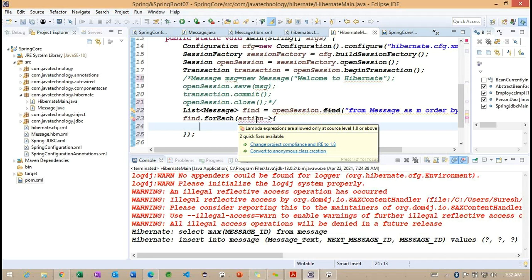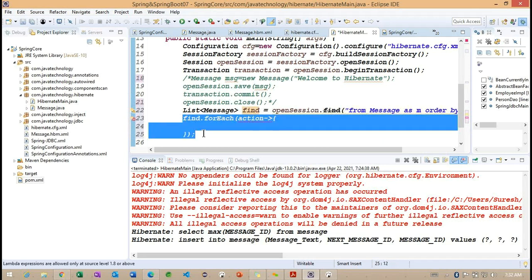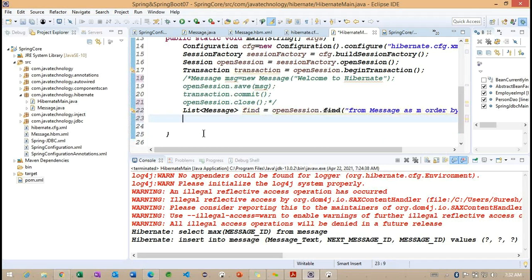Maybe we change it to 1.7, so we cannot use Java 8 features here. Let me move to 1.7. And using this find, I want to check with the iterator here.